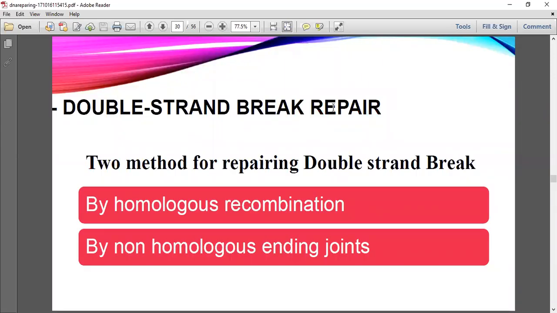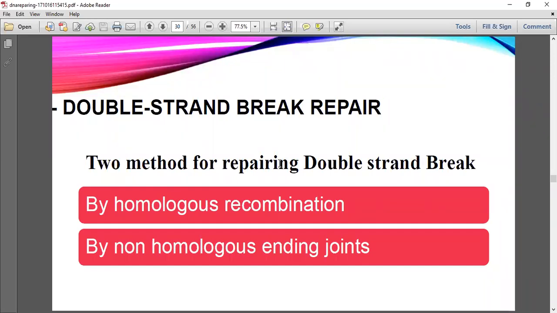Then after this, double-stranded break repair. In that, firstly, DNA has its configuration and integrity. When a double-stranded break happens inside the DNA, which is already double stranded, it becomes highly unstable. To clear this instability, there are different mechanisms to repair the double-stranded break. Firstly, we have homologous recombination. The second one is non-homologous end joining.